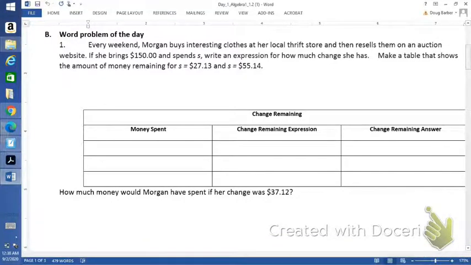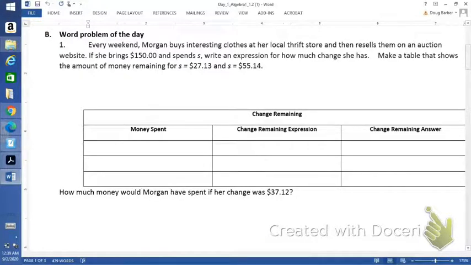Alright, part B, our word problem of the day. Every weekend, Morgan buys interesting clothes at her local thrift store and then resells them on an auction website. If she brings $150 and spends S, write an expression for how much change she has. Make a table that shows the amount of money remaining for S equaling $27.13 and S equaling